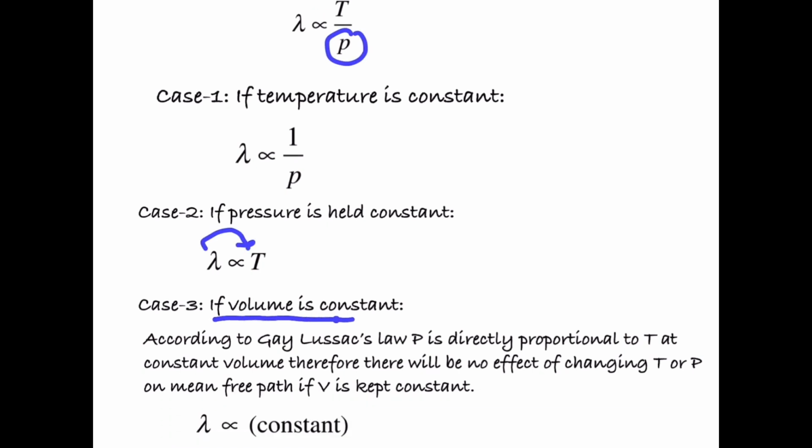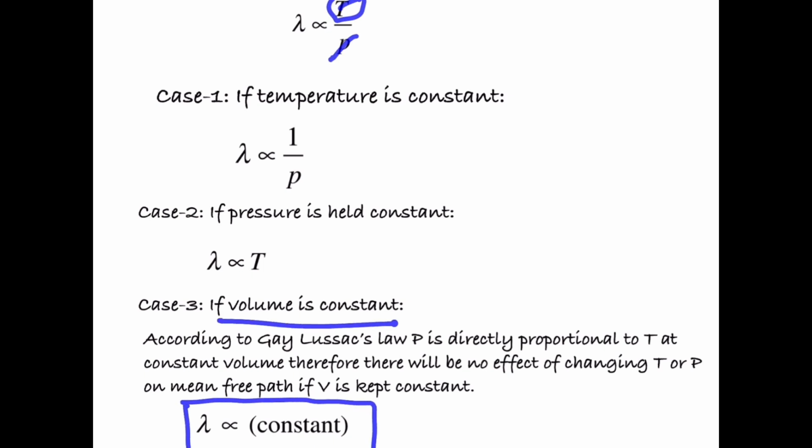If volume is constant, according to Gay-Lussac's law, pressure is directly proportional to absolute temperature. Here you can substitute P. As a result, P by P is constant, that is 1. Hence lambda is constant if volume is